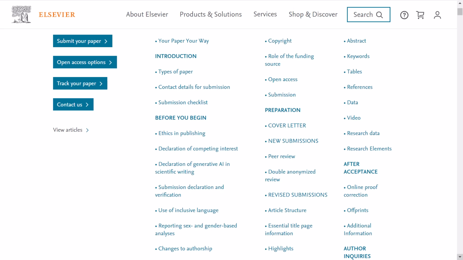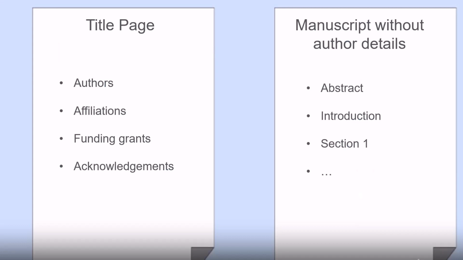Before finalizing your manuscript file, check the guide for authors for any mention of double anonymized review. For journals with such a policy, you will need to separate your manuscript into two parts: a title page with all the author identifying details, and an anonymized manuscript that has been stripped of any detail that could reveal the identity of the authors or their affiliations to the reviewers. Check your guide for authors for specifics on what needs to be on the title page and what the basic article structure should be for the manuscript.